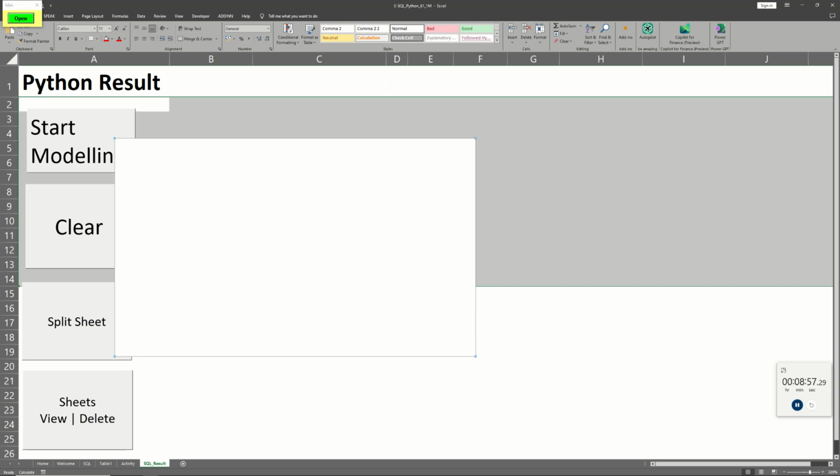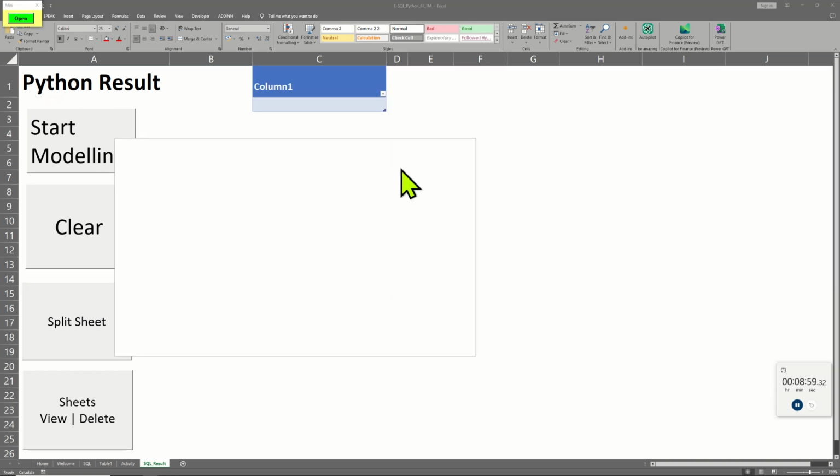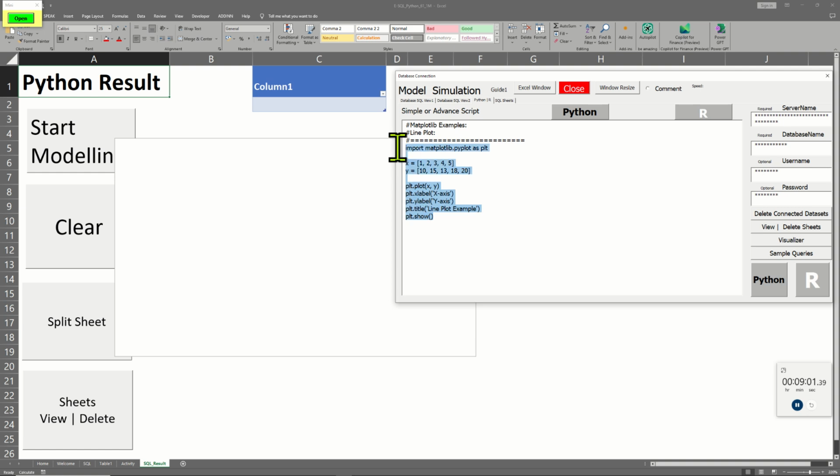If we would like to take it to a different level, we don't want a line plot. What if we want to do something else? We want to use a bar chart. How can it work? So let's use the script. In this script, Python operation